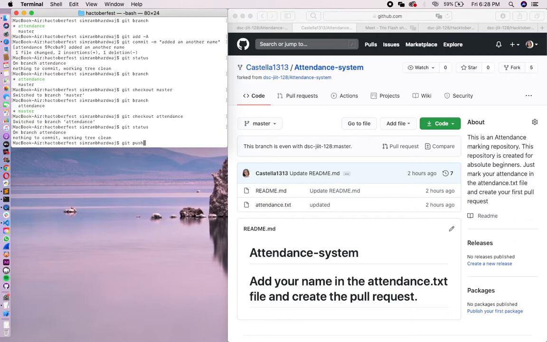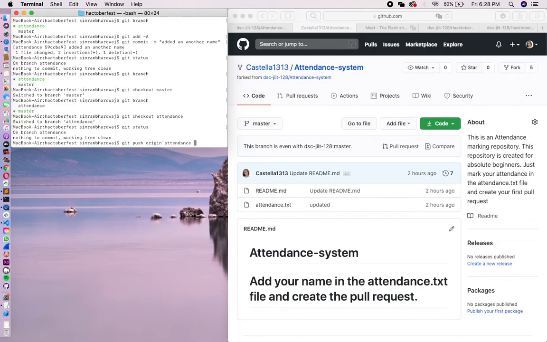Git push is the command. Now type the name of the location where we will be pushing. If you remember, we added the location of our forked repository under the name origin. So git push origin attendance, where attendance is the name of the branch that we want to push.